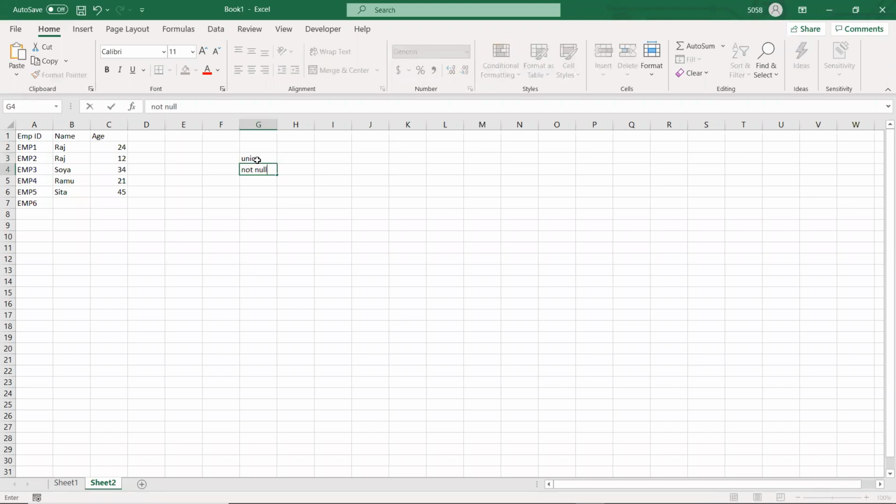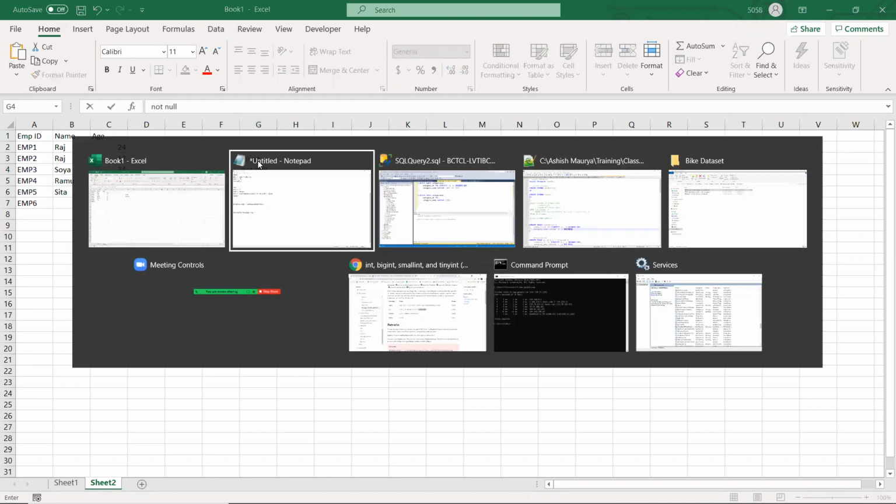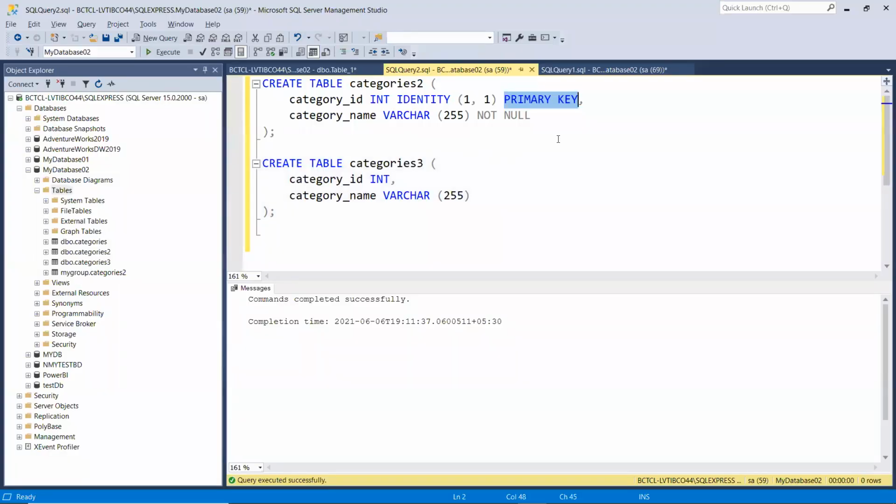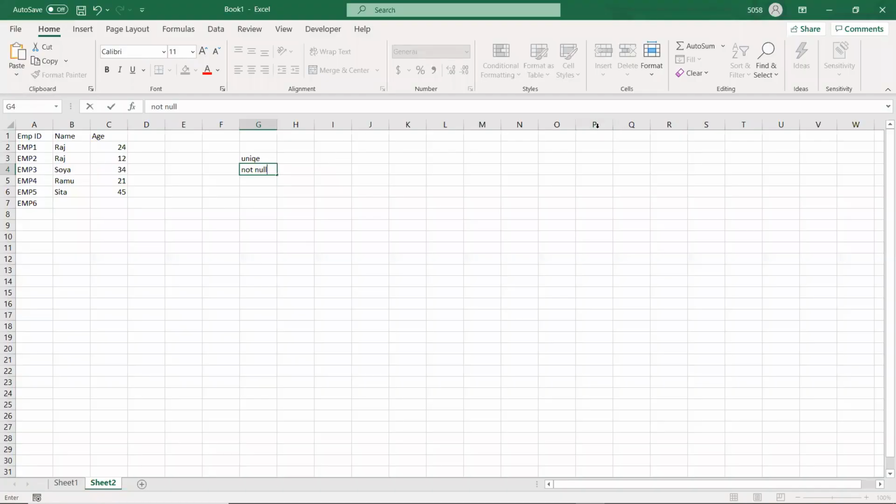So if I say my column is primary key, these two restrictions will be automatically applied to that column. Is it clear to everyone?